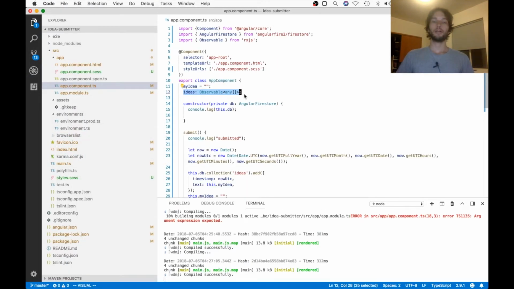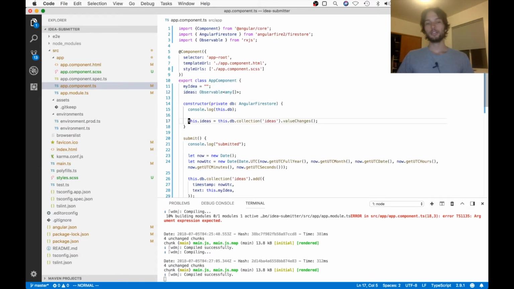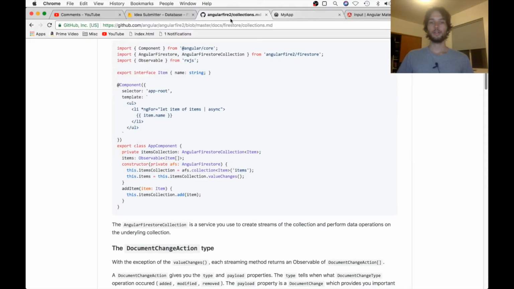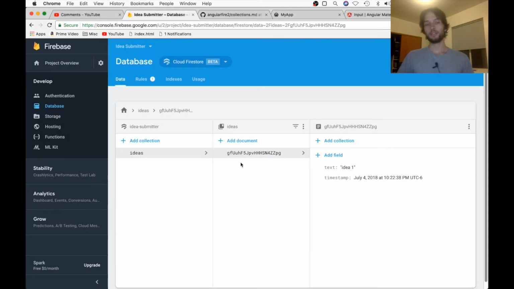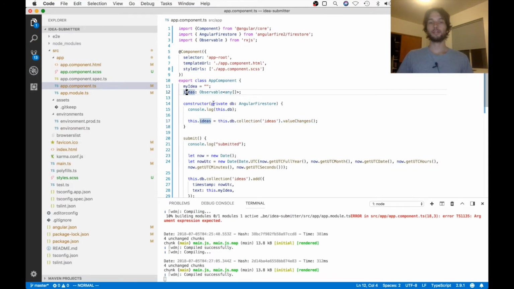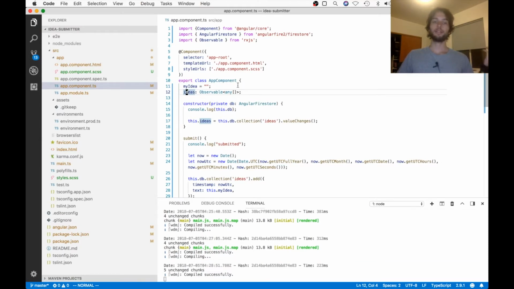Great. Alright, so next we need to declare an ideas observable, which is just the type you need to give it when you say that you want to listen to value changes to ideas. This may be kind of confusing if this is the first time you've heard it, but basically we're saying we would like to listen to changes to the ideas collection. Alright, so that's this collection right here. So every time this changes, we're going to get notified, and this object is going to be represented by those changes. So now we have our ideas array,